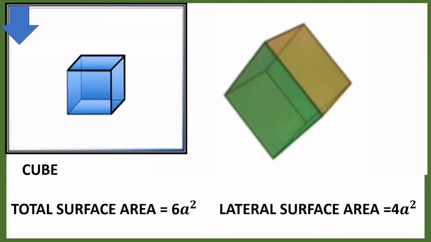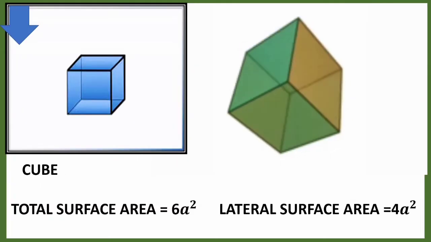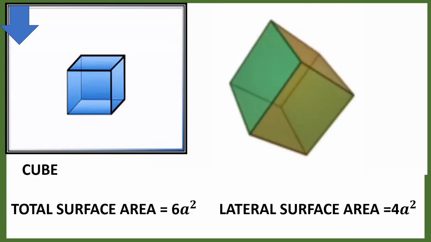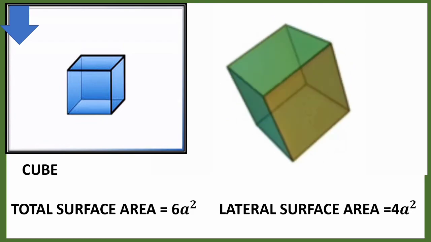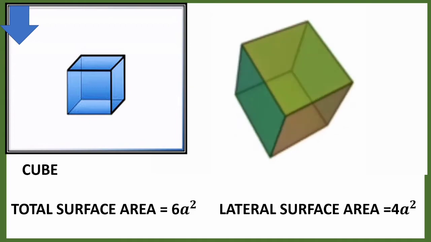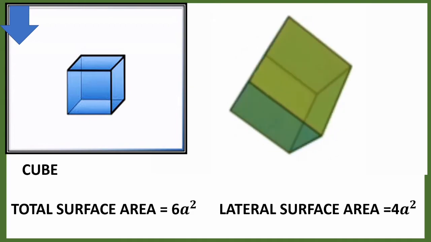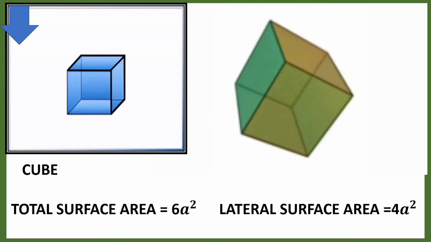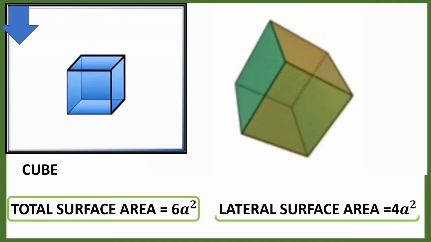We know that for any shape, the area is defined as the region occupied by it in a plane. A cube is a 3-dimensional object, therefore the area occupied by it will be in 3D plane. Since a cube has 6 faces, we need to calculate the surface area of a cube covered by each face. Hence, the formula for the total surface area equals 6a square and lateral surface area equals 4a square.